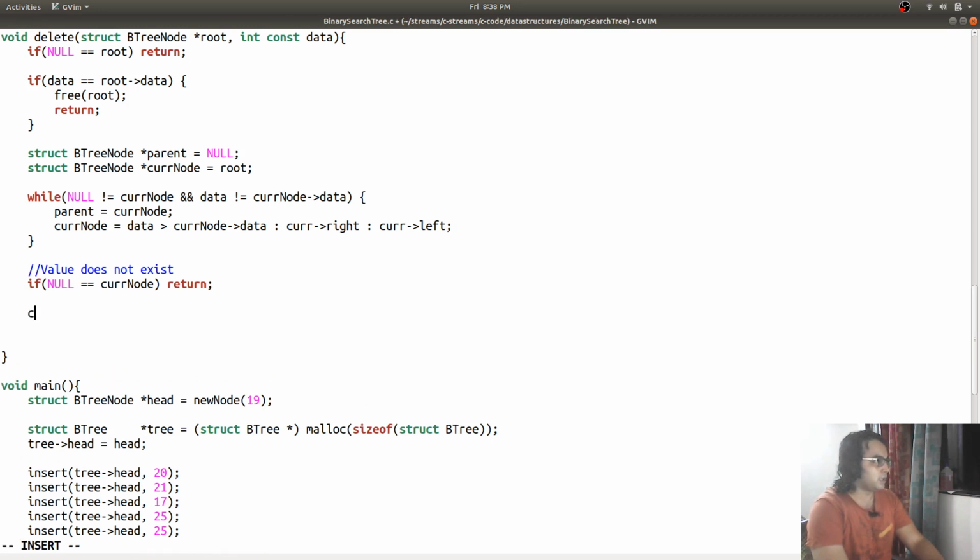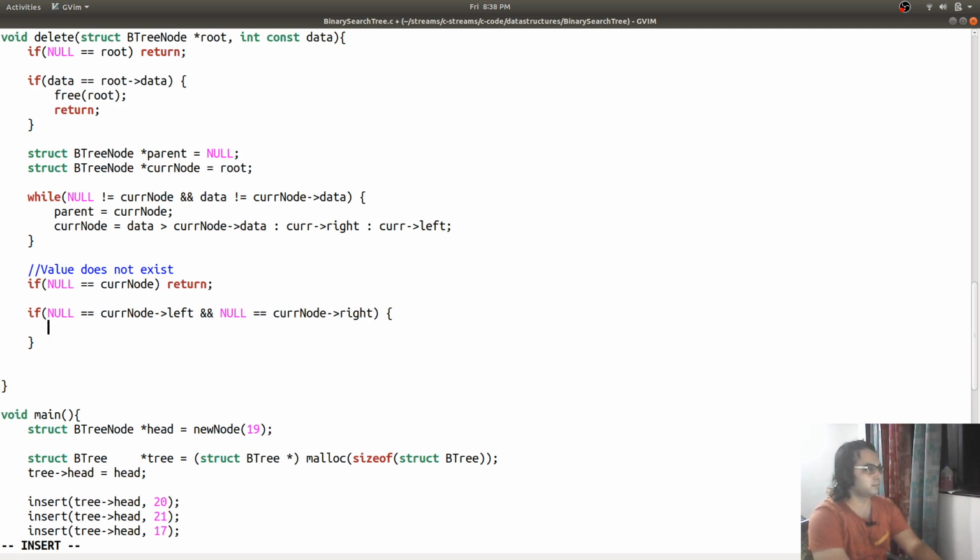I will check that if null is equal to current node left and current node right, that means the current node is a leaf.